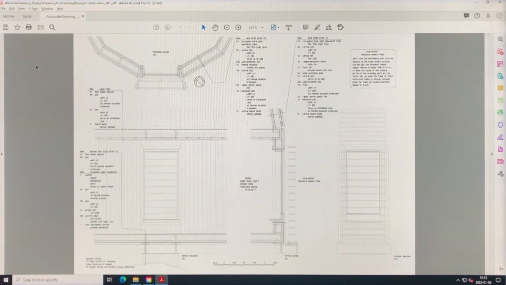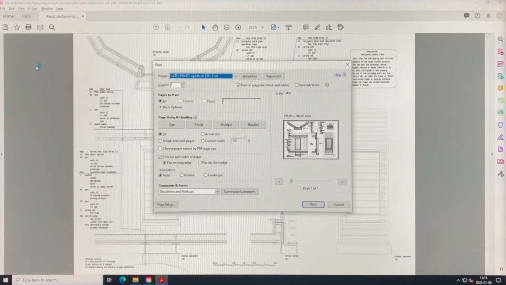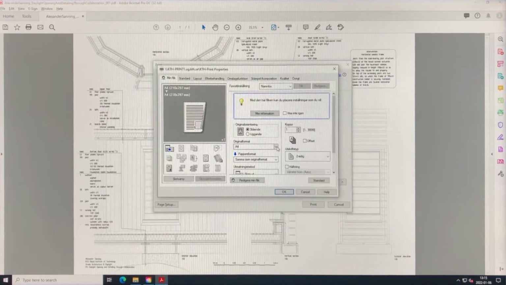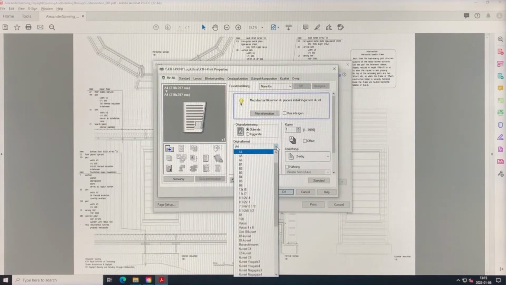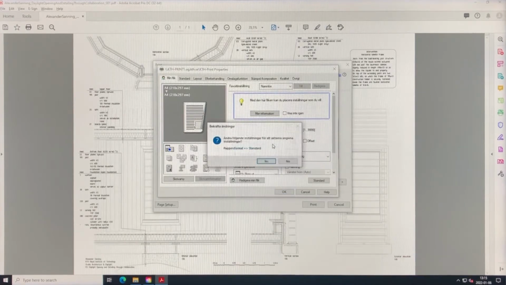For a grayscale vector PDF such as this, we can simply print with Ctrl and P, and then make sure that the print in grayscale black and white checkbox here is checked. At this stage, we could change the settings here, but we could instead go into the properties and then make sure that if we want to print this in A3, this actually has an original format of A1, but since